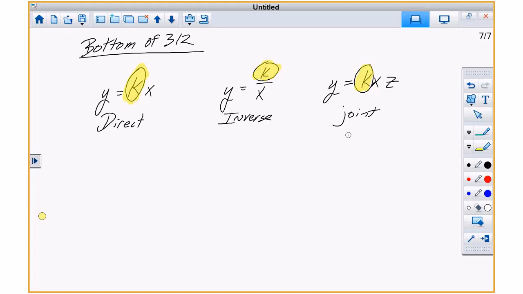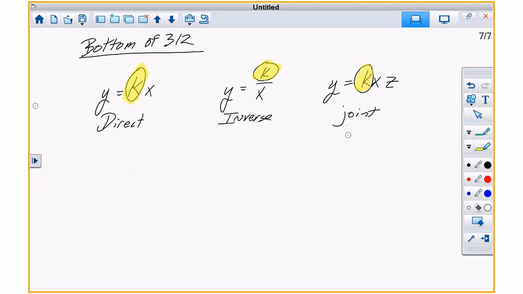Usually, whether you're in science or math, K is the constant or the multiplier, and it does not change. That's the only variable that does not change in the formula. Write that down and highlight it. K does not change. Because what happens is,